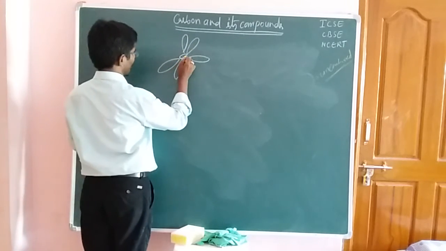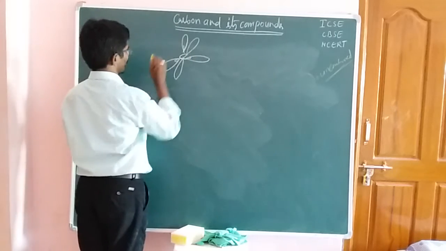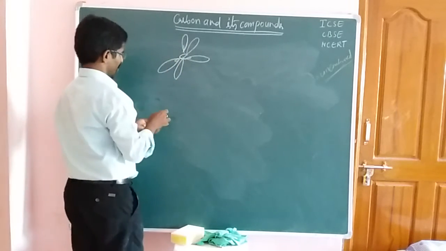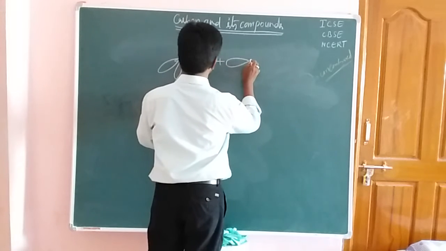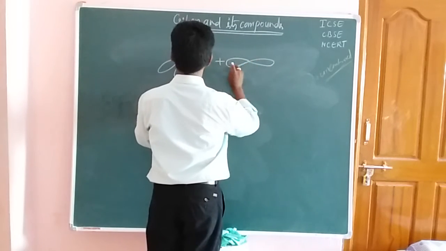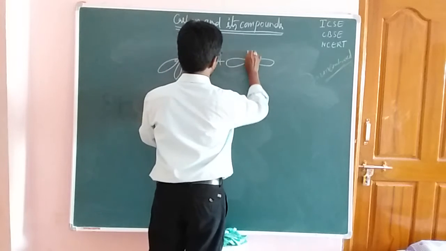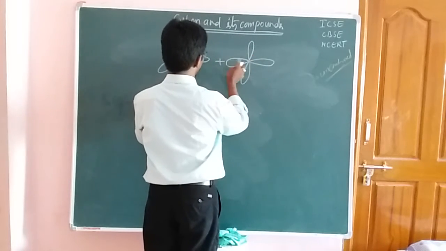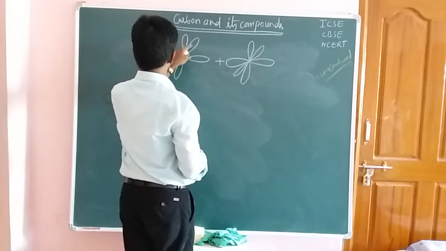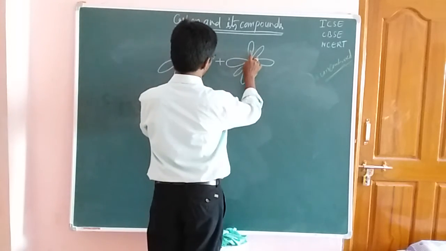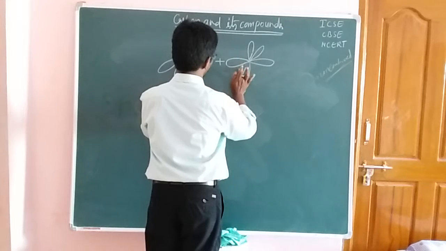Now this is the hybridized orbital, hybridized orbital, hybridized orbital. Now this one is the pure p orbital, which is combining with the same kind of hybridized orbital, okay friends. Now this is the hybridized orbital, and another is the pure p orbital. 1 2 3 4 5, okay friends. 1 2 3 4. Now here it has that 5.